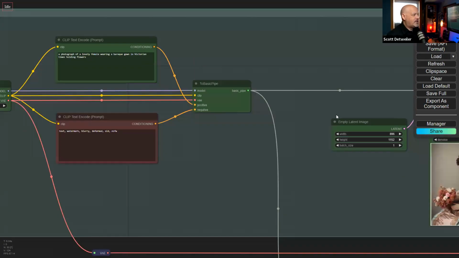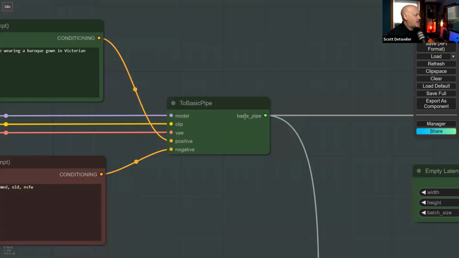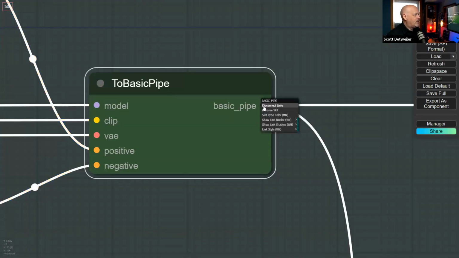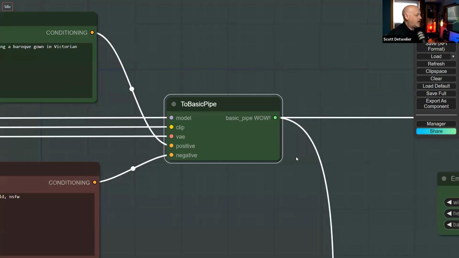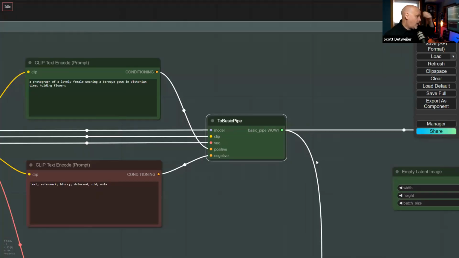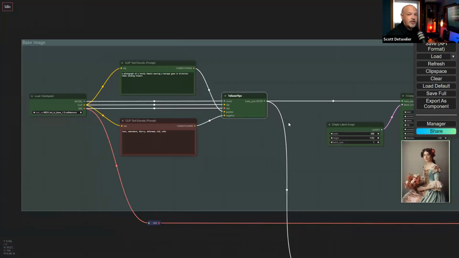And there's all kinds of little things in here people don't know about too. For example, if you don't like this basic pipe, you can actually rename this slot to something else, so that you can keep track of them. A lot of people don't know there's little tricks like that in here, just to help you organize. There's also subgraphs, which are coming, but that is so experimental right now that anything you do with subgraphs could break when they release a new one tomorrow. So I haven't really pushed a lot of those things.